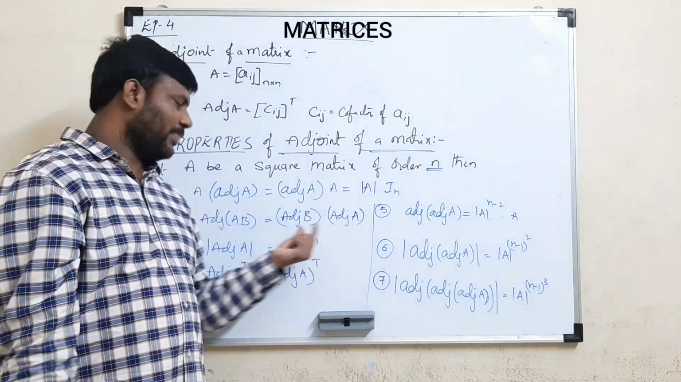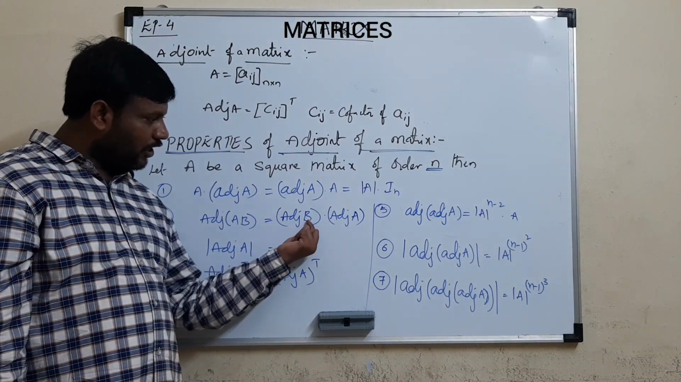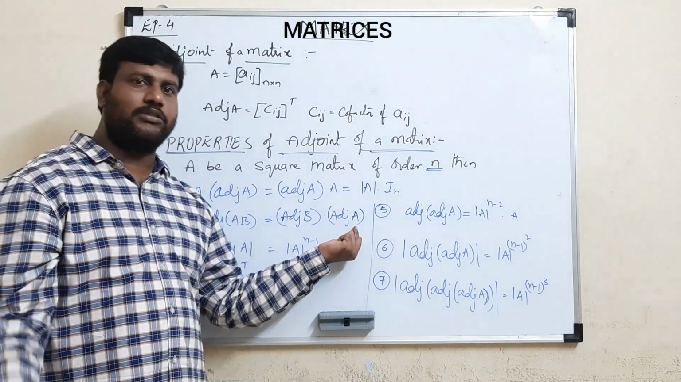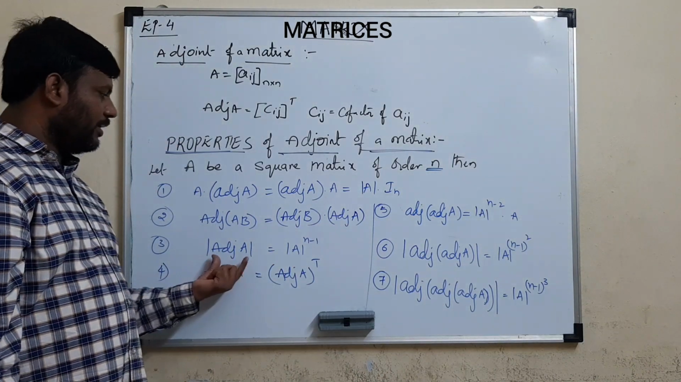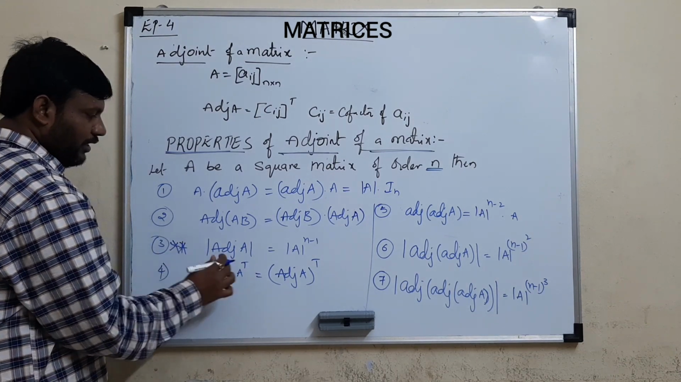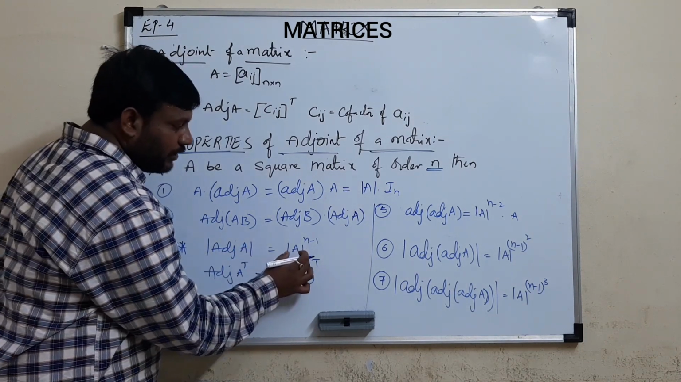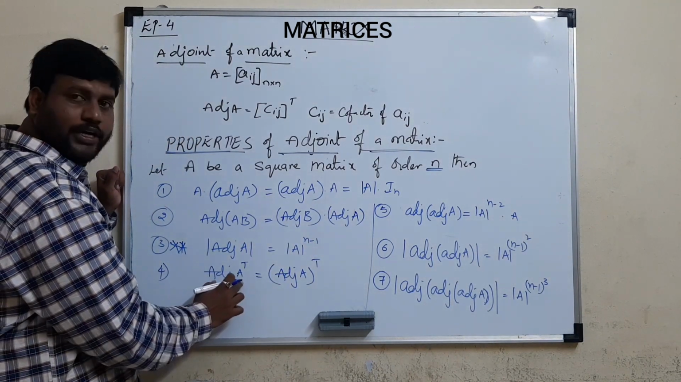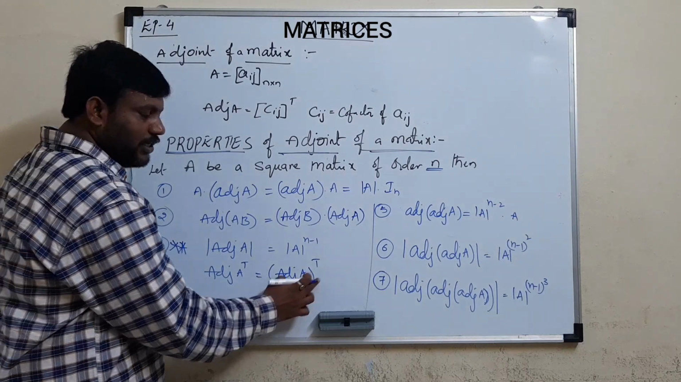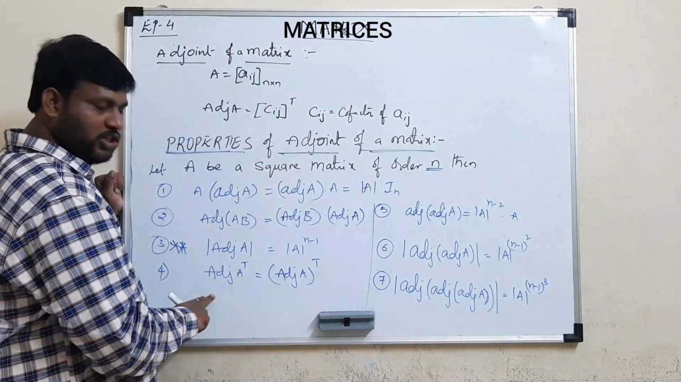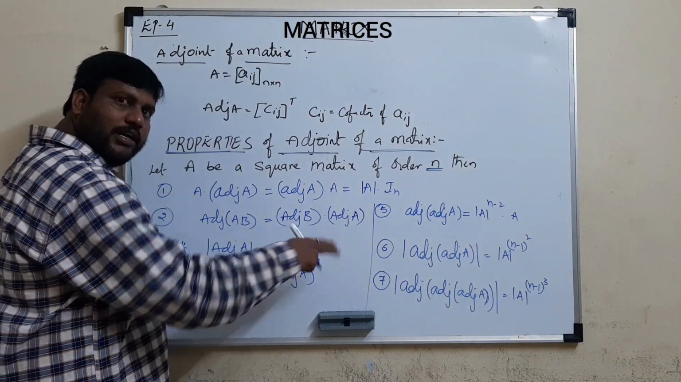Similarly, adjoint AB is equal to adjoint B into adjoint A. It is a reverse law. Like AB whole inverse is also B inverse into A inverse, a reverse law. And det of adjoint A, this is a very important and very useful property, is nothing but det A whole power n minus 1. And one more: adjoint of A transpose is equal to adjoint A whole transpose. Whether you first do the transpose and then find the adjoint, or first find the adjoint and then do the transpose,